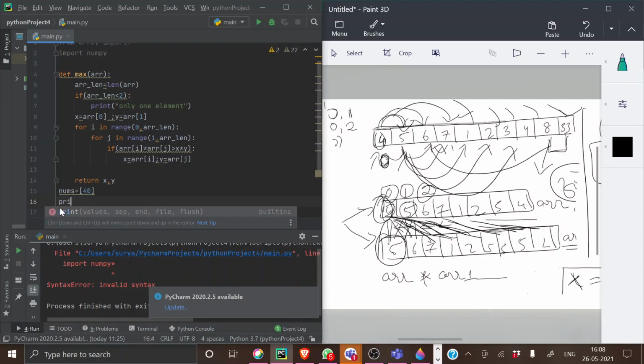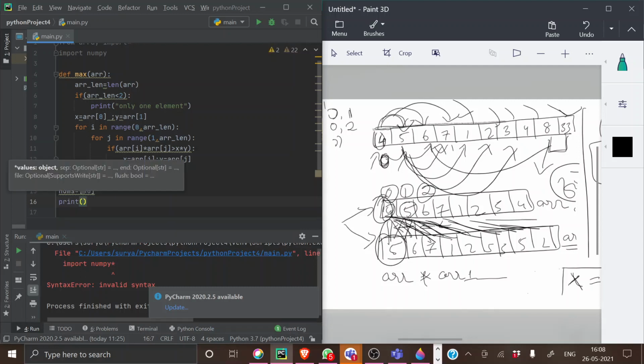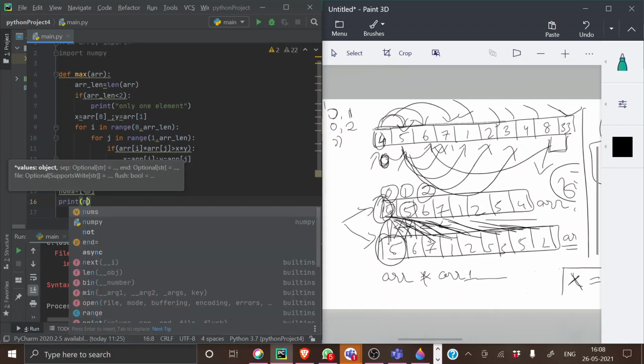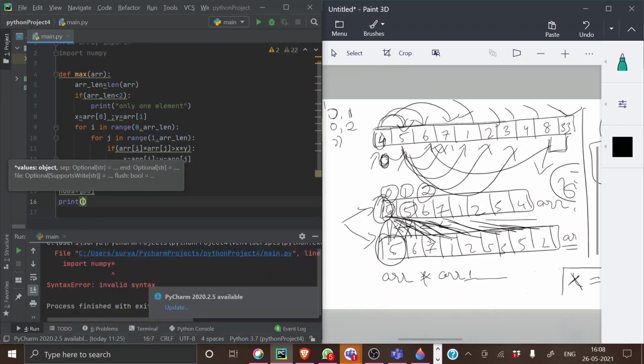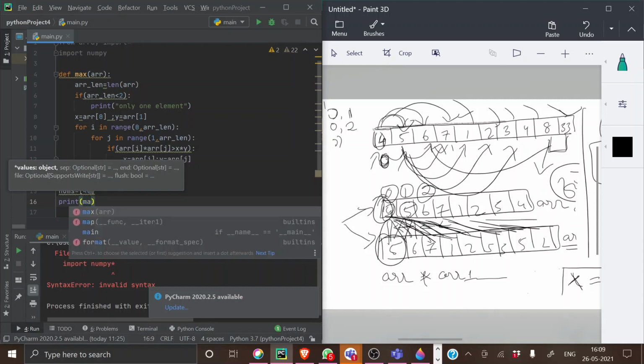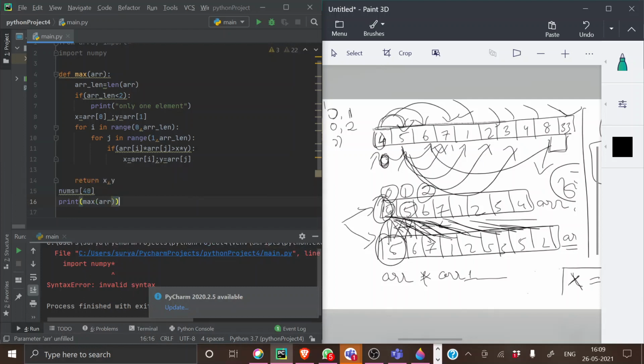So print max arr. Okay, so what should be my output now? Oh, sorry.